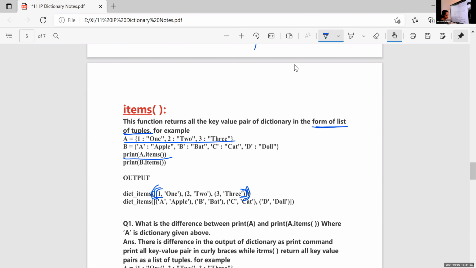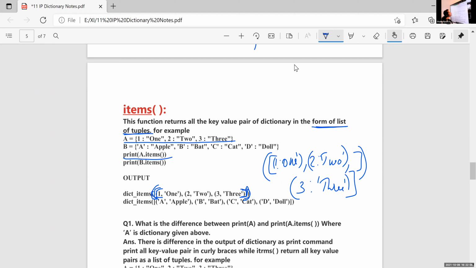So it will display like, within round bracket, within square bracket, first value, that is 1:1. It is in tuple form, and 2:2. It is also in tuple form. The third one also, that is 3:3. Okay.